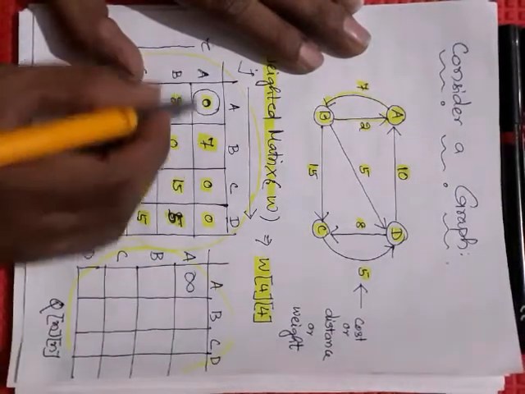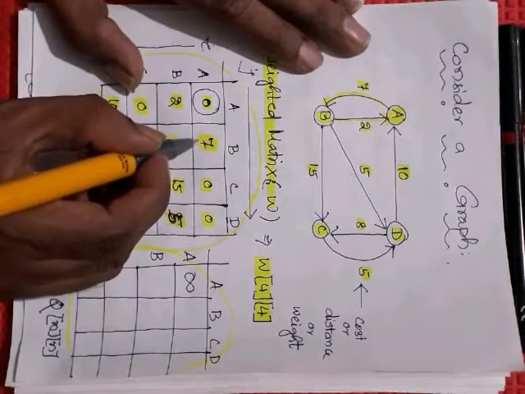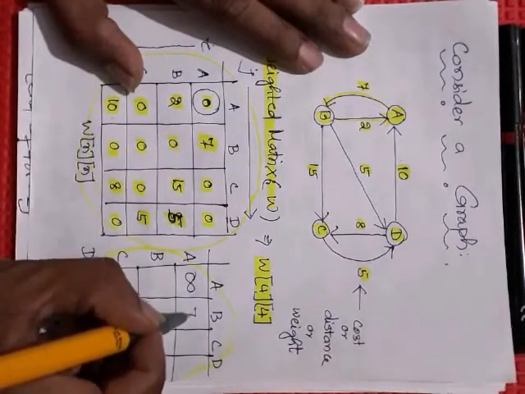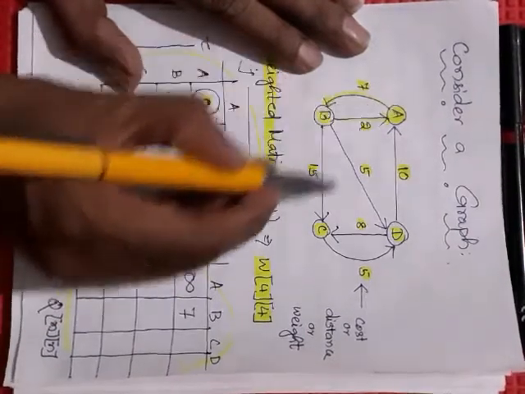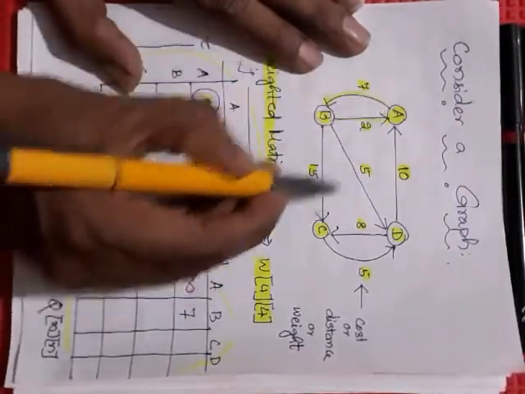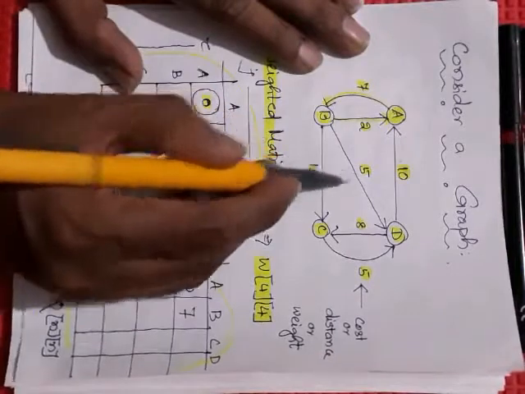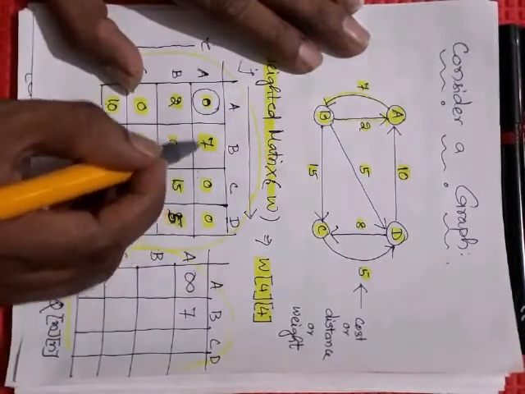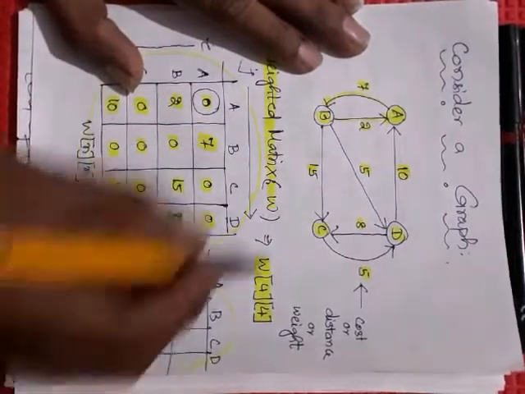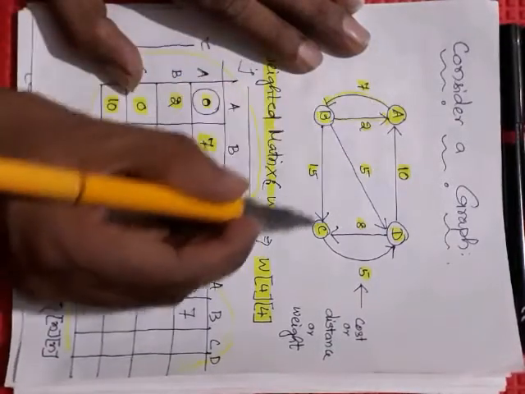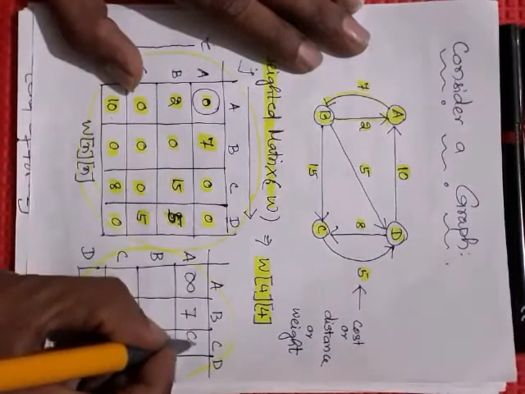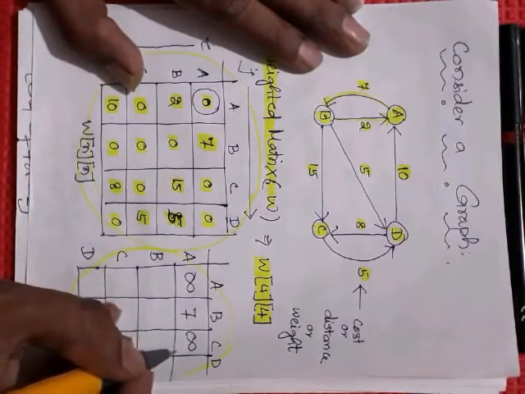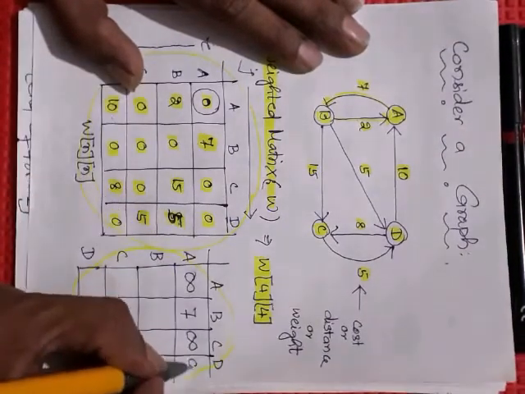When A to B, we know the weight is given. Let us put the same distance as it is. Similarly, A to C is 0, but that does not mean the distance is 0. We don't know, that is why the weight is not given. When you find the distance, at present we don't know what the distance from A to C is. So when it is 0, let us put infinity. It may be infinite. Similarly, A to D is also infinite.